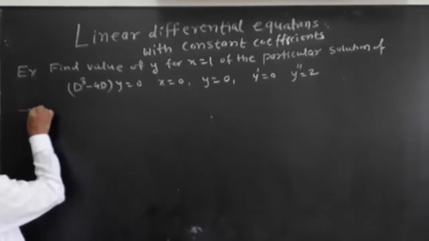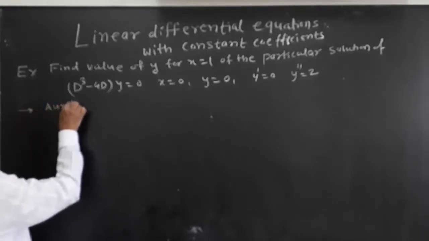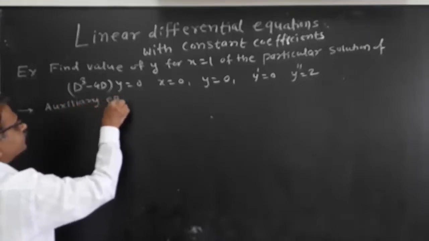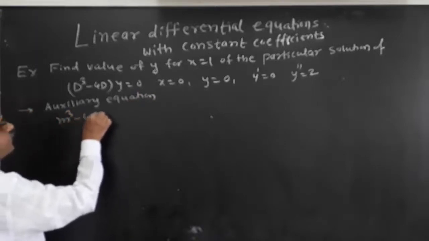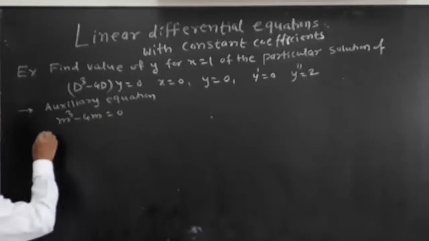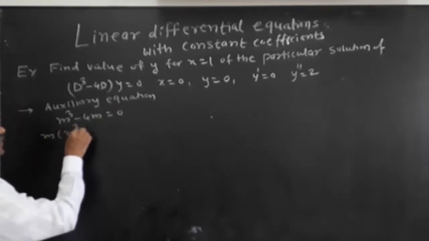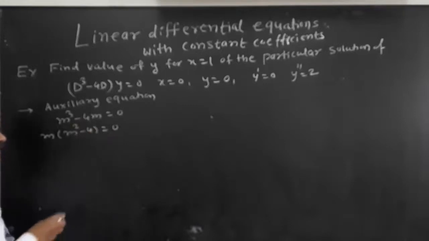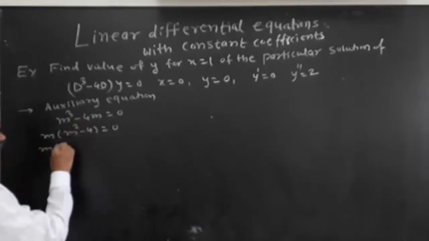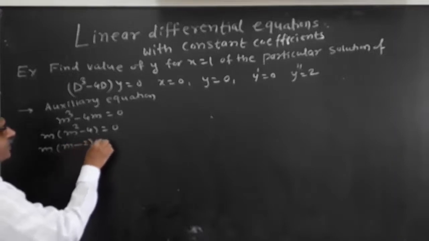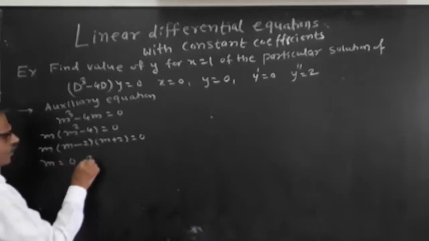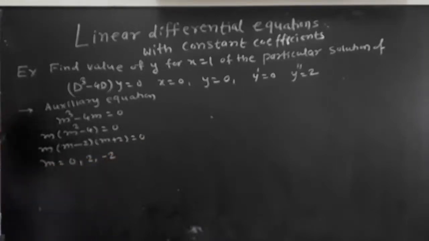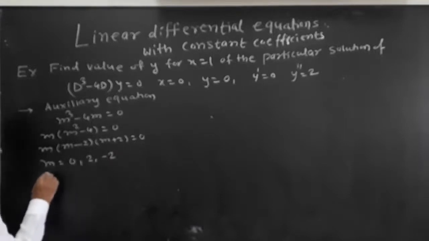For that, the auxiliary equation of this differential equation is m cube minus 4m equal to 0. We can take m common easily: m into m square minus 4 equal to 0. And hence, m into (m minus 2)(m plus 2), so m equal to 0, 2 and minus 2. The three roots of the auxiliary equation are 0, 2, minus 2, which are real and distinct. And hence, the general solution is